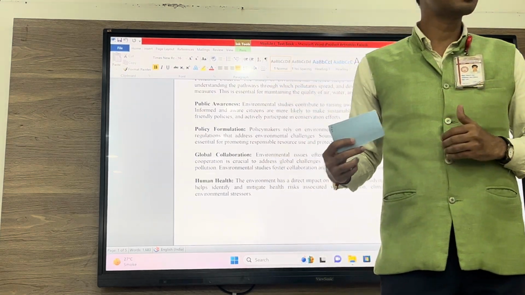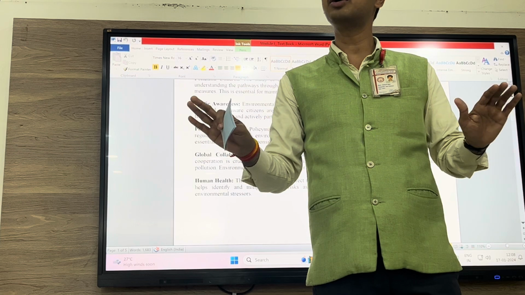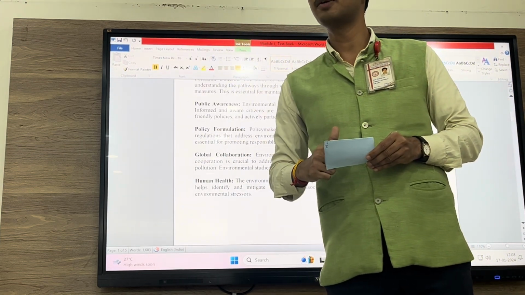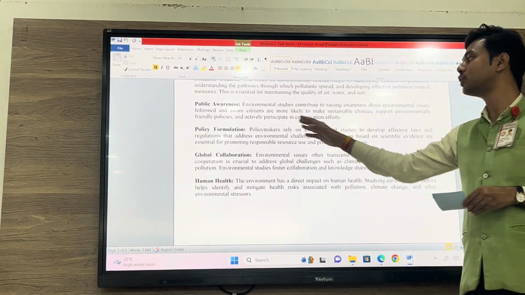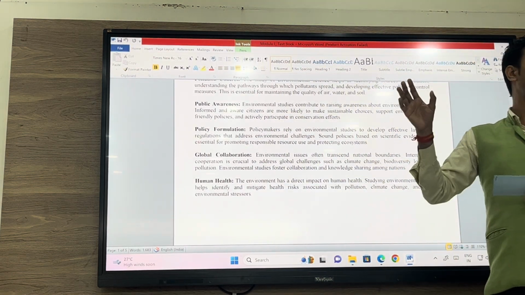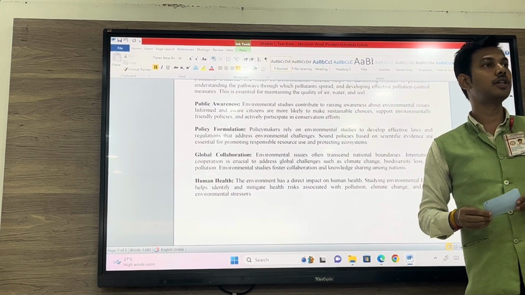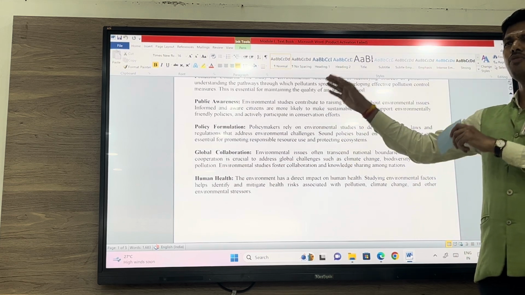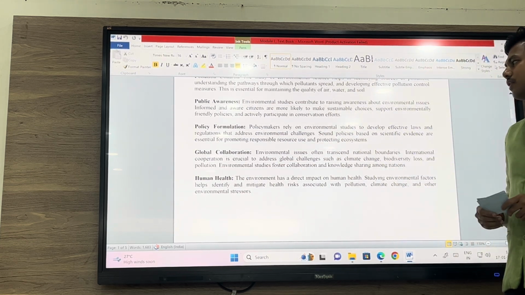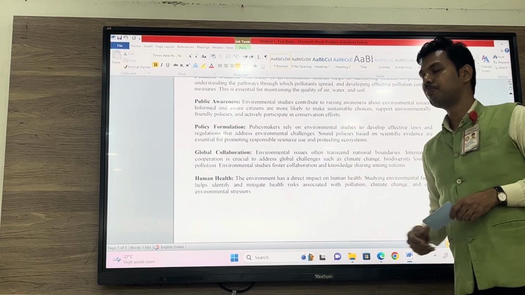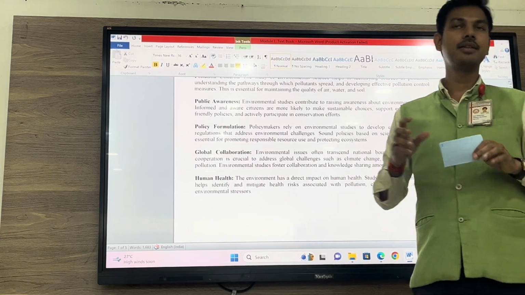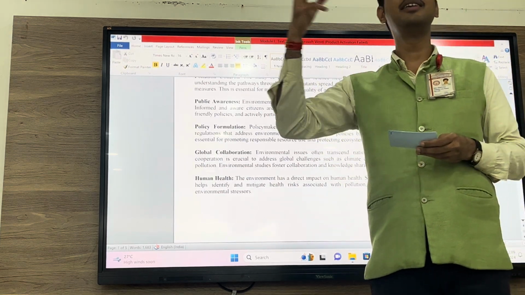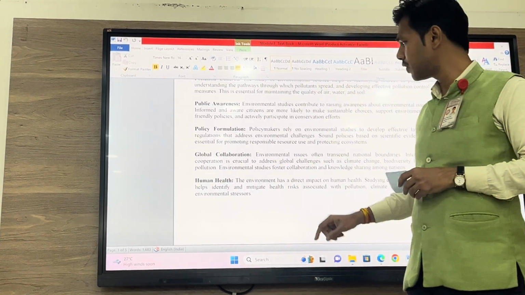So that is what this subject says, that you do not need to give everything in your life, but yes, you need to take small important measures and steps. We, the government, have to frame policies which can reduce the harmful effect on the environment so that we can see our loved ones for a longer period of time. So that is why this subject is important. Apart from this, people across the globe are coming together, making decisions and making policies so that we can come up with a greener planet. That's it for the first section.